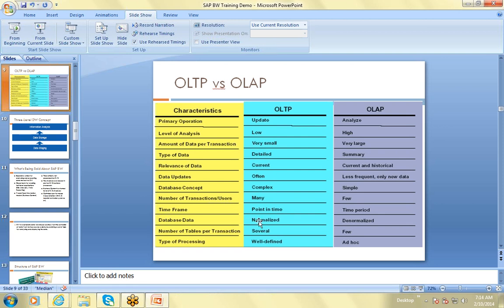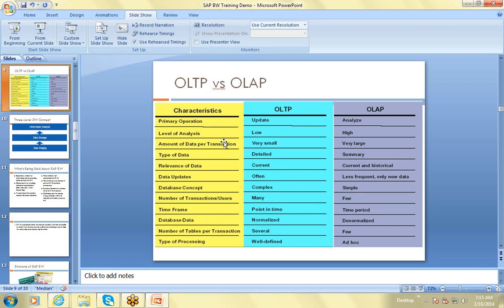And the denormalized fashion allows you to store the data in a very quick manner. And since OLAP systems already have this predefined feature, even though you store the data in a denormalized fashion, it allows you to do good and faster reporting. So this is the difference between normalization and denormalization. If you want some extra information, I can prepare a slide for tomorrow's class and give you a deep insight into what normalization and denormalization are.